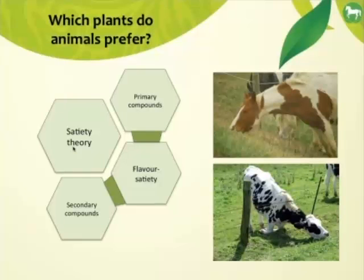So we call this the satiety theory. That is based on these three main compounds. So primary compounds, so for instance, protein, carbohydrates and lipids, flavor, which can be salty or sweet, and then we have secondary compounds, which I refer to as the toxins. So any of these aspects can change diet selection or can